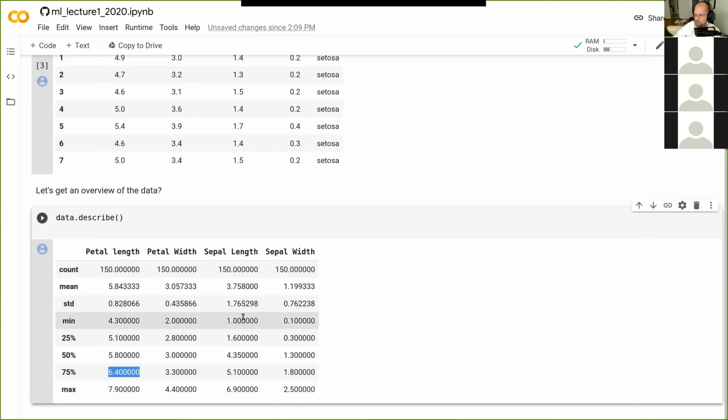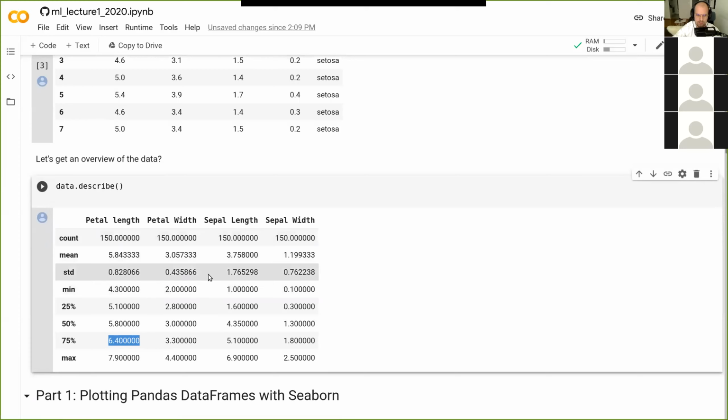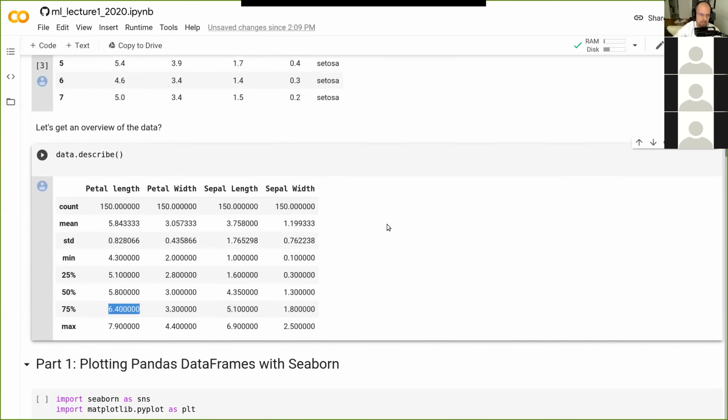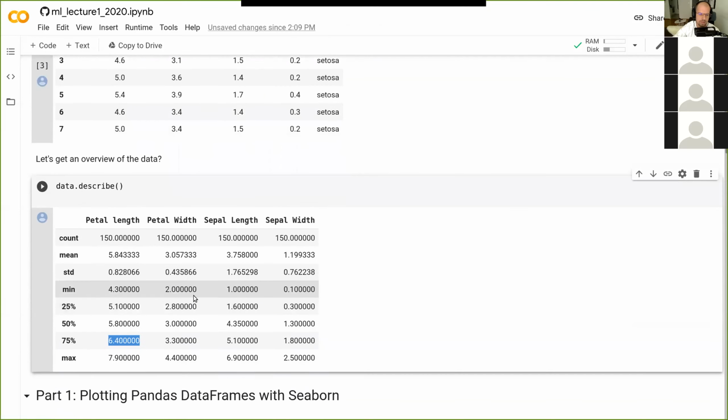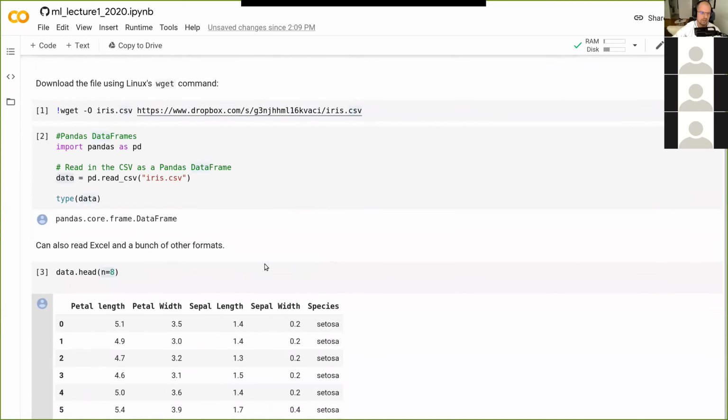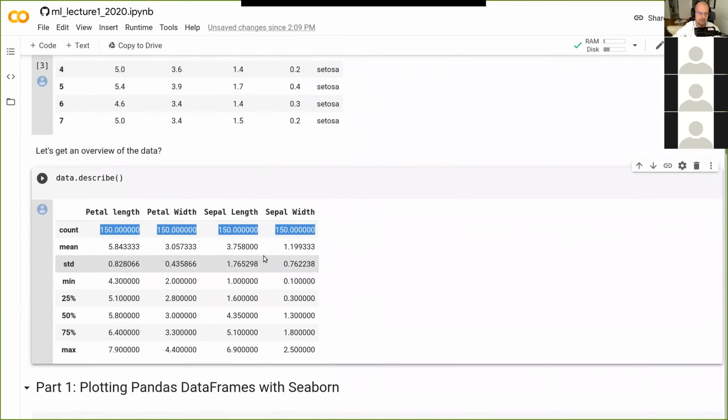And this is a really powerful tool to look at your data. So often one of the biggest problems I see when people do machine learning is that you read in some data and you don't notice that there is some kind of outlier, or some of your data was wrongly formatted or something. And so methods like this, head and describe, are really powerful to very quickly get an overview. So for example, if our max said 1 million here or a billion here, we would know that there was an error somewhere, or if all these counts weren't the same, we would know that there was something missing somewhere in our data set. So I really recommend that you read as much as possible into these pandas data frames.